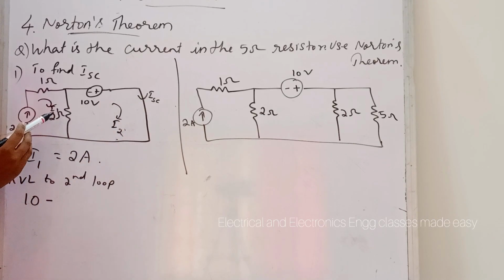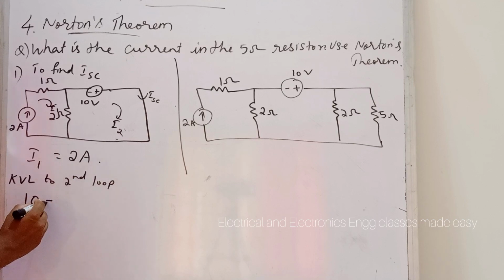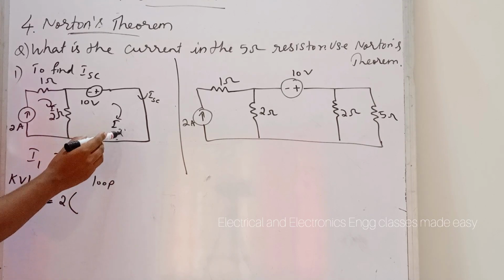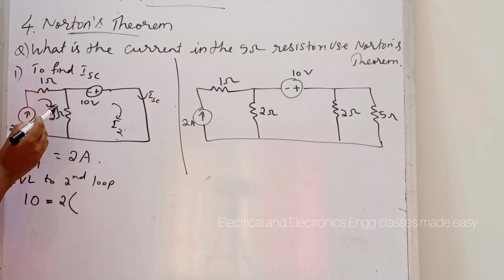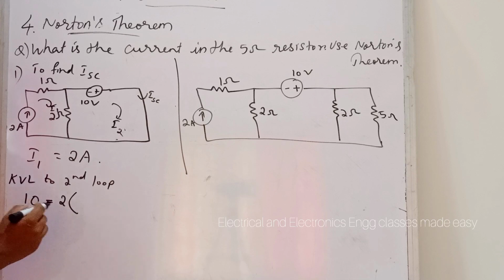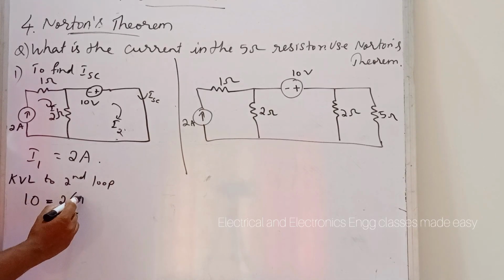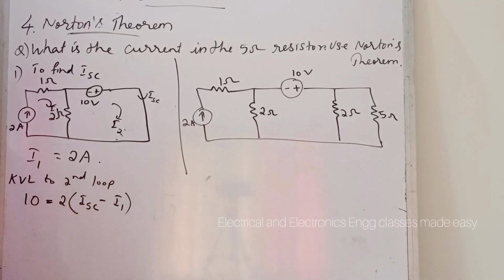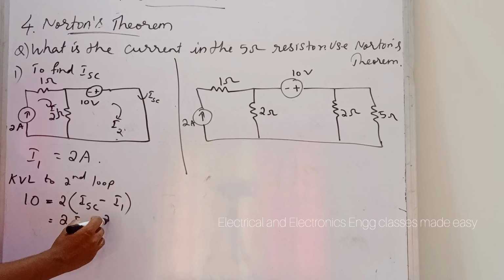Then here there is a 2 ohm resistor, so we can write 10 is equal to 2 into current through this 2 ohm resistor, which is the difference of I1 and I2. So we can write 2 into ISC minus I1 and that is equal to 2 ISC minus 2 I1 and